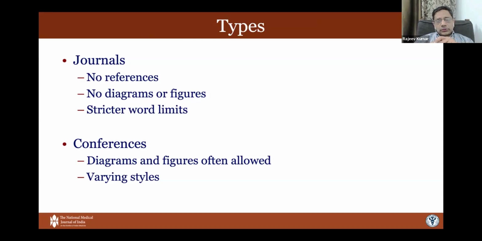Second, when you submit an article to a journal and you're writing the abstract for the journal article, you are not allowed to put diagrams and figures in that abstract. On the other hand, when you're submitting it for a conference proceeding, some conferences will allow diagrams and tables. In fact, most good conferences will allow it. Some may not. The third thing is, of course, word limits. When you submit to a journal, the abstract almost always has a well-defined and smaller word limit. On the other hand, when you're submitting it to conferences, they're often more liberal and allow a larger word limit on the abstract. So these are the two or three principal differences that you will encounter when you're writing an abstract.